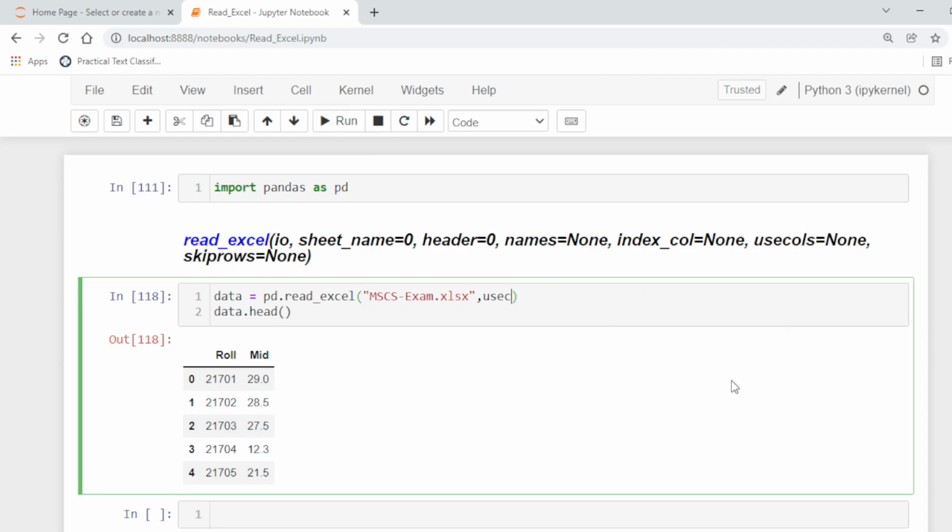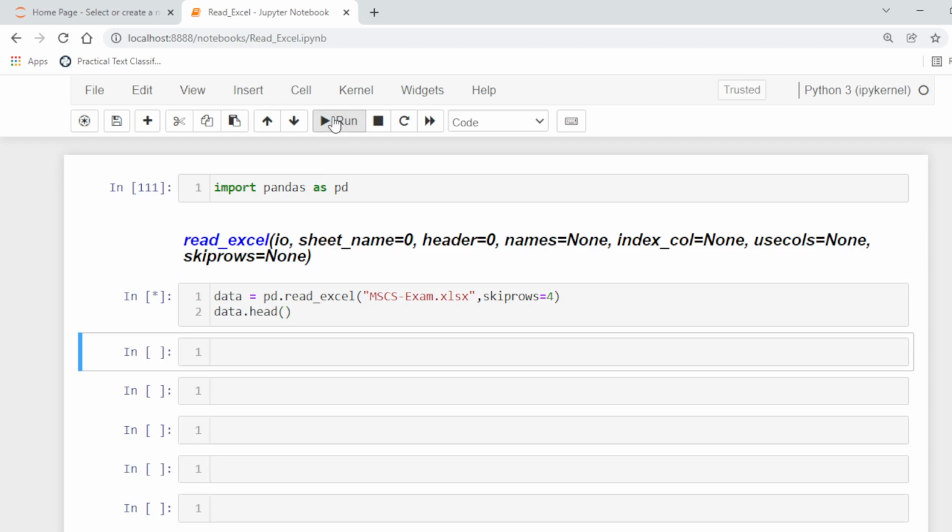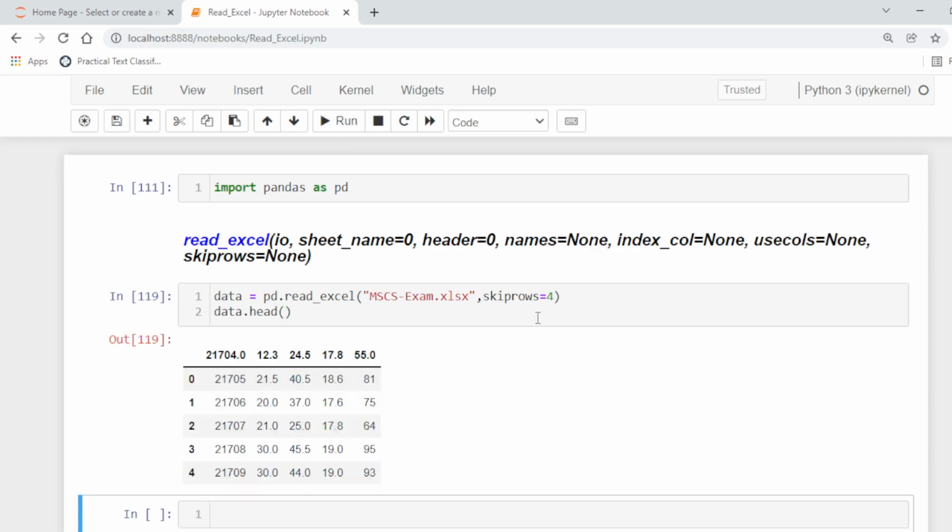skiprows. Sometimes we want to skip some rows before loading the data. For example, 4. So it will skip 4 rows from the data set, and these rows will not be included in the data set output.